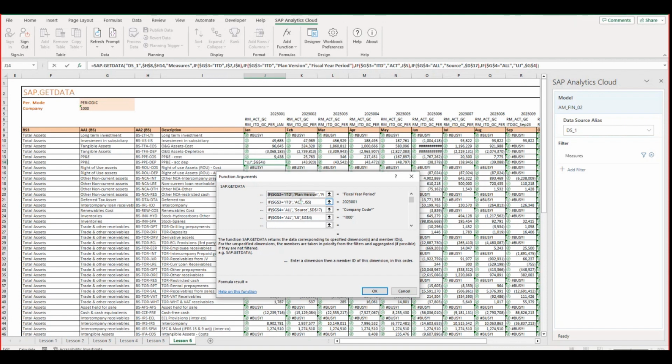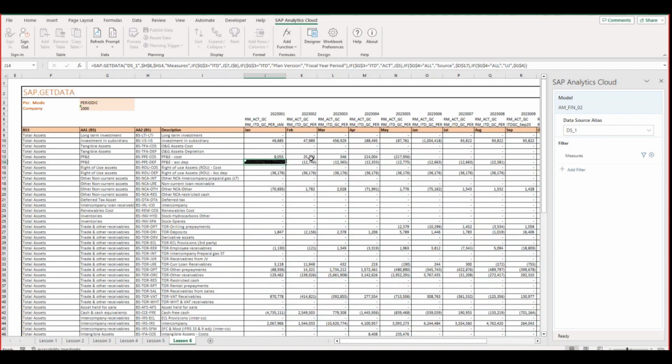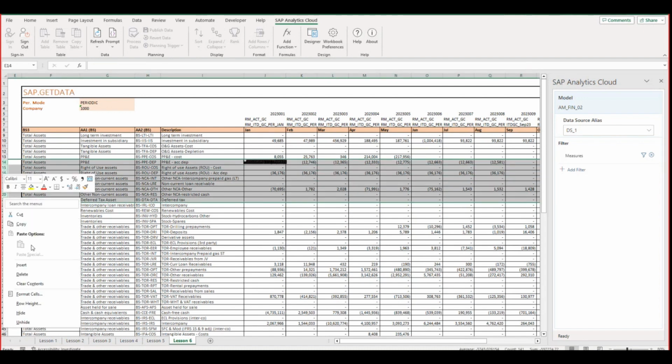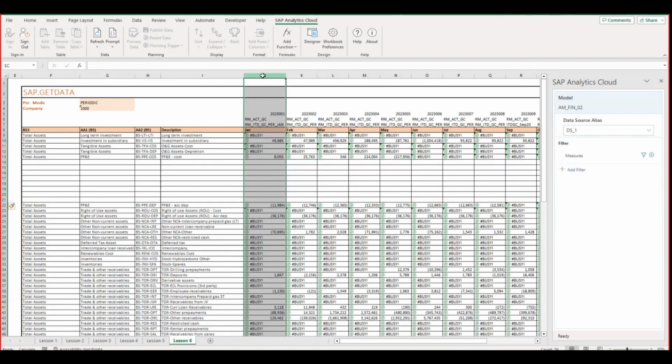Now, there are a few dimensions within the model that only ever have one value. Source is one of them. Well, actually, source has multiple, has actual and budget, but we're only interested in actual. Plan version is also, and source is UJ for Universal Journal. So you can do some hocus pocus in there to get it to interact once you know your values. So here's an example that you and the vet can now set up. You can say, well, these are all my key figures. This is how I want it to look. And because it's an Excel formula, I can just come in anywhere I like and insert a load of columns, insert